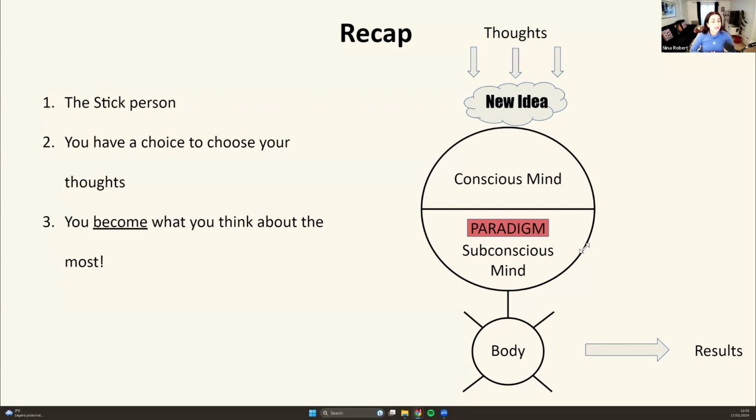We also saw that we have a choice to choose our thoughts and to decide whatever ideas we want to accept, ignore, or reject. So whatever idea we are picking up using our five senses, we always need to remember that we have a choice to either accept, ignore, or choose some other idea or build another thought that will move us forward towards our results. And we saw the importance of really staying focused on only the ideas that will move you forward towards whatever kind of life you want. That was the second point.